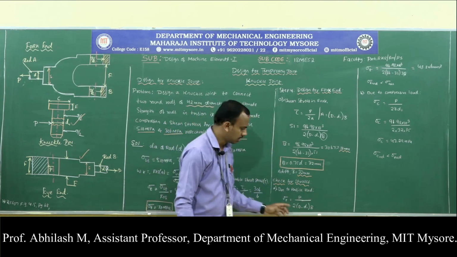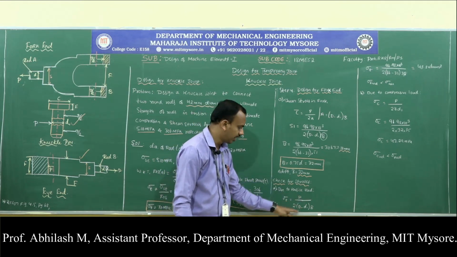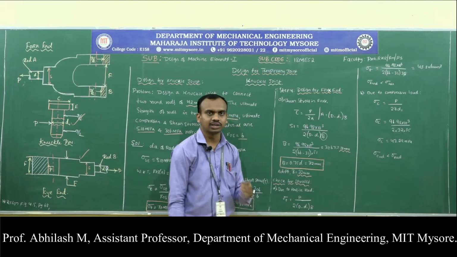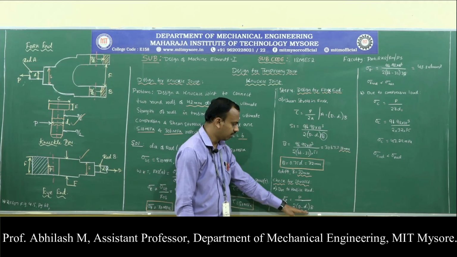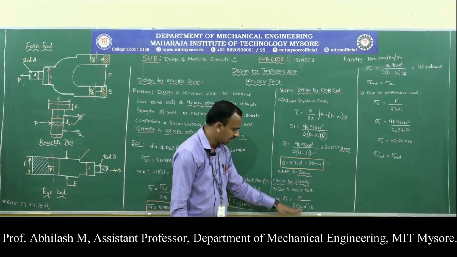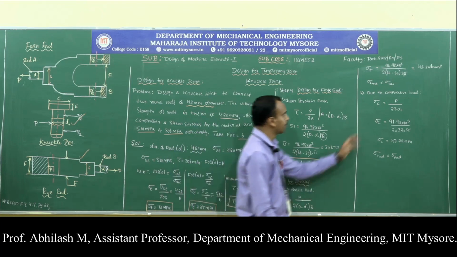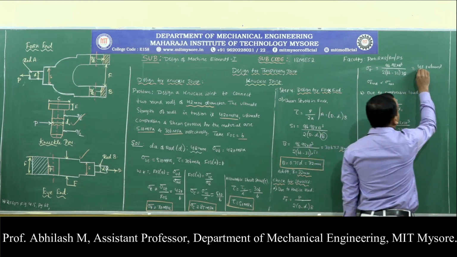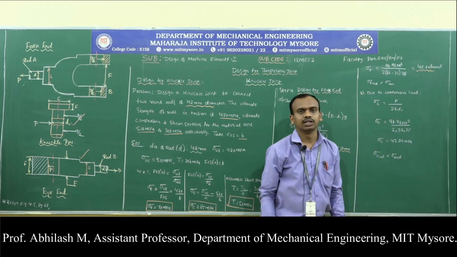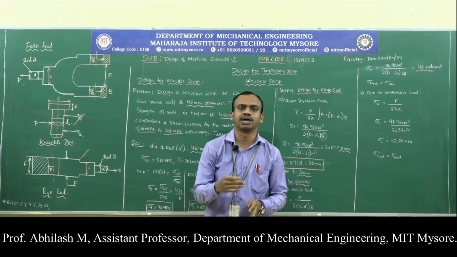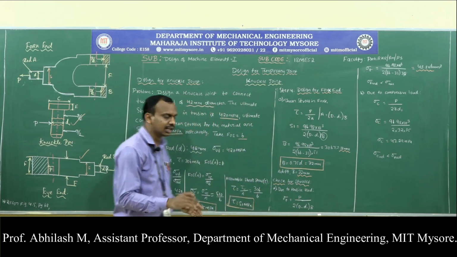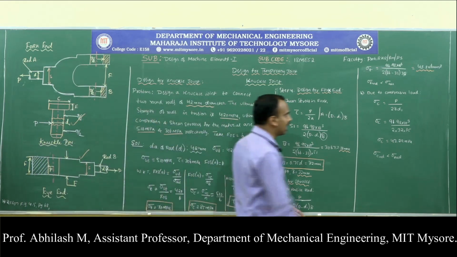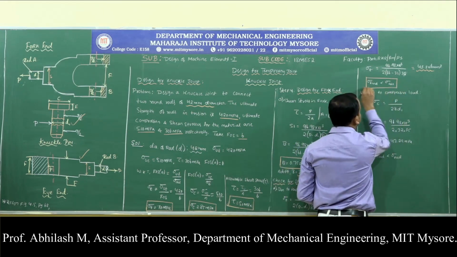Due to tensile load, the tensile stress sigma T is given by load divided by area. We know the area now, and it is 2 times of this because it is double area. So 2 times D minus D1 into B. Substitute all the calculated values and check for the induced stress. So for sigma T, substituting the values, we have obtained 48.8 Newton per millimeter square. That is the induced tensile stress because of the dimensions that we have calculated, which is lesser than the allowable tensile stress of 70 megapascal. So we can clearly state that the design is safe.